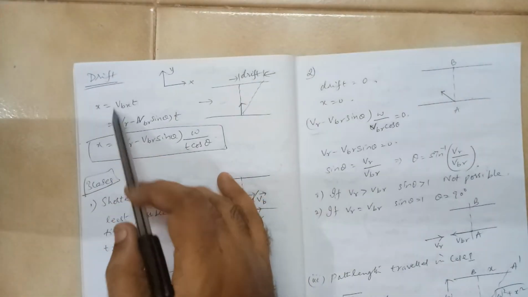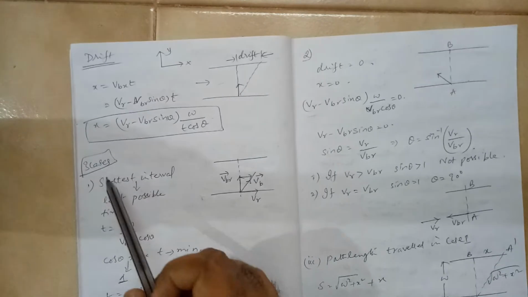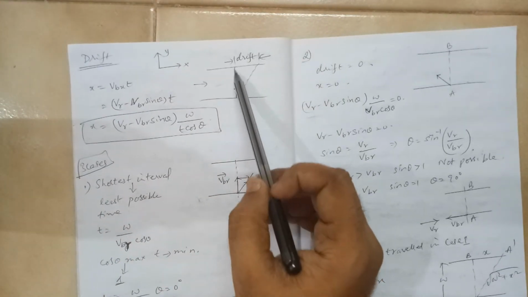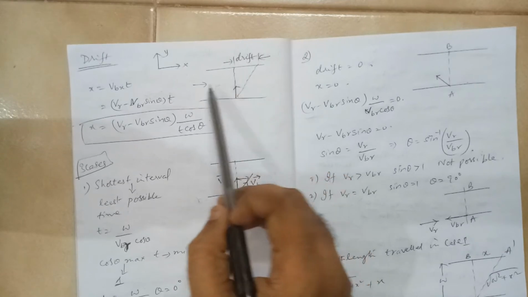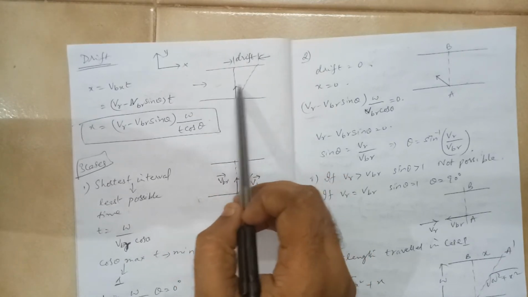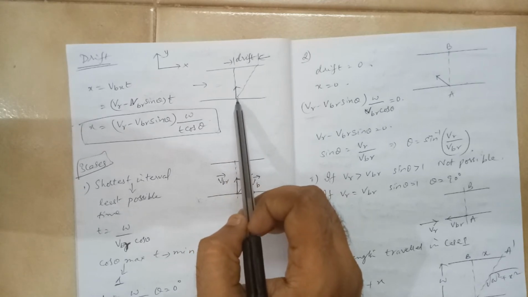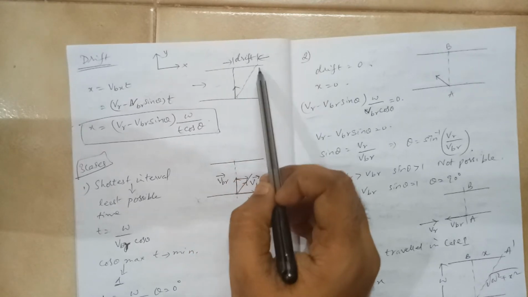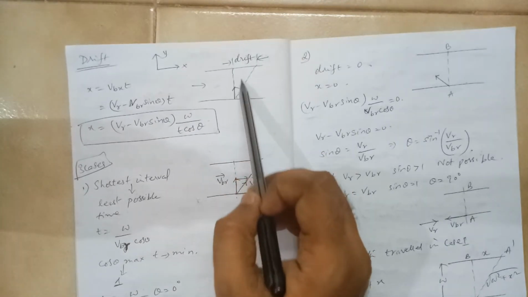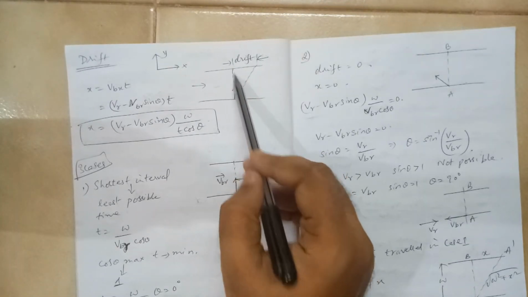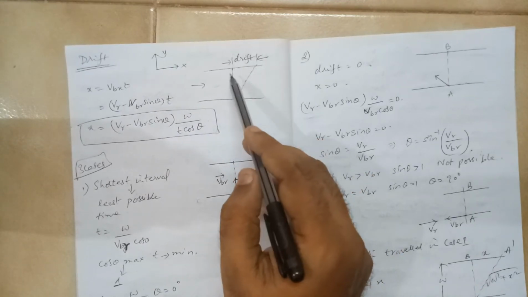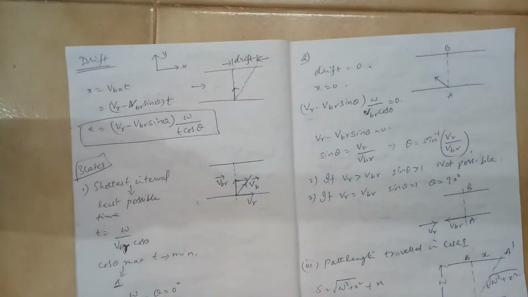Now often you come across a term called drift. See, what is drift? Let us say the person goes like this. The boat goes directly straight. There is a river. So what will the river do? The river will push the boat. So obviously the person will not go here. He will go some other point. But this deviation from the original point, see, if you draw the straight line, this point is right opposite to this point. There is a deviation. That deviation is called drift.